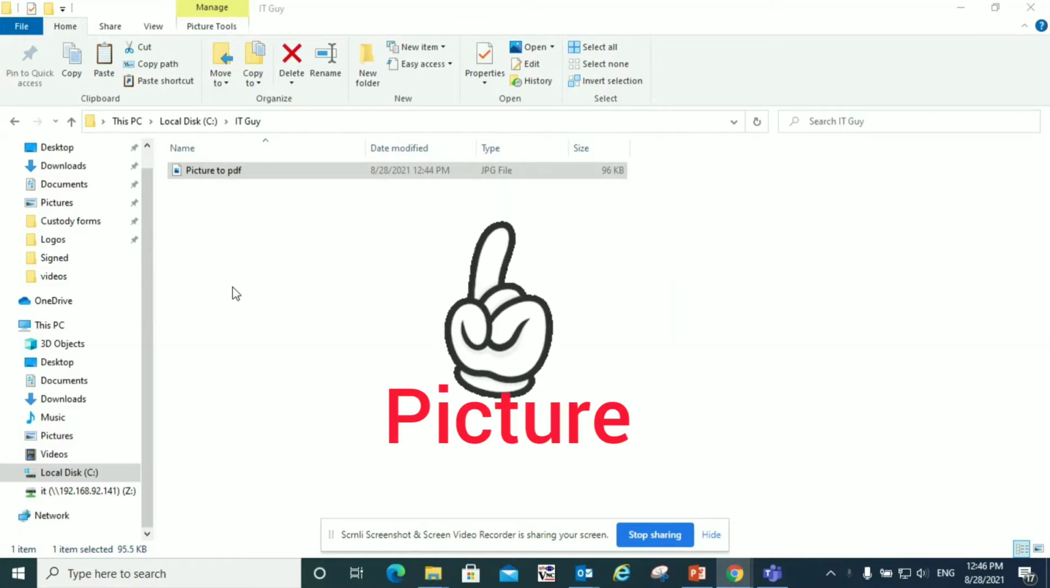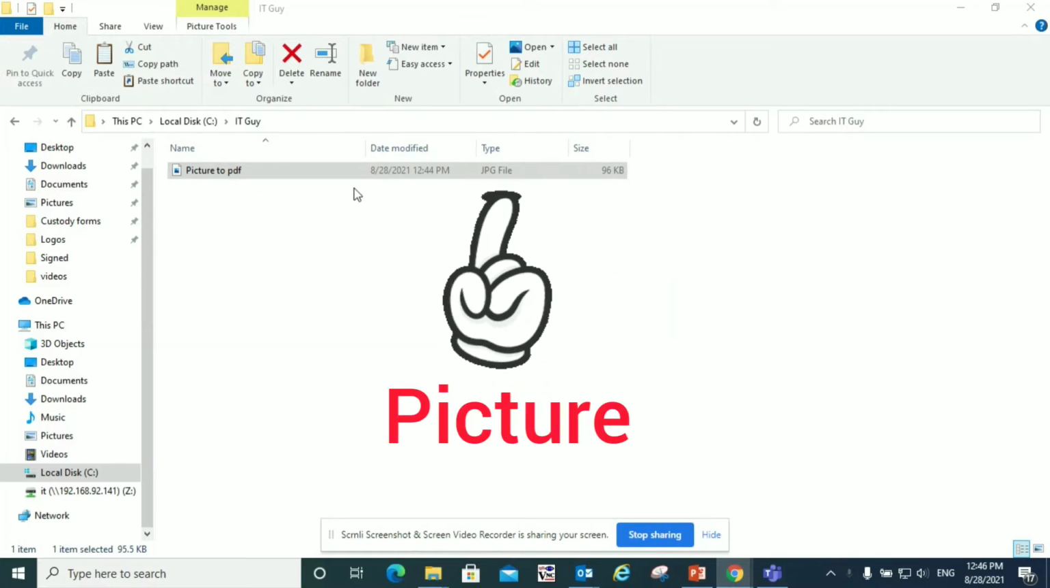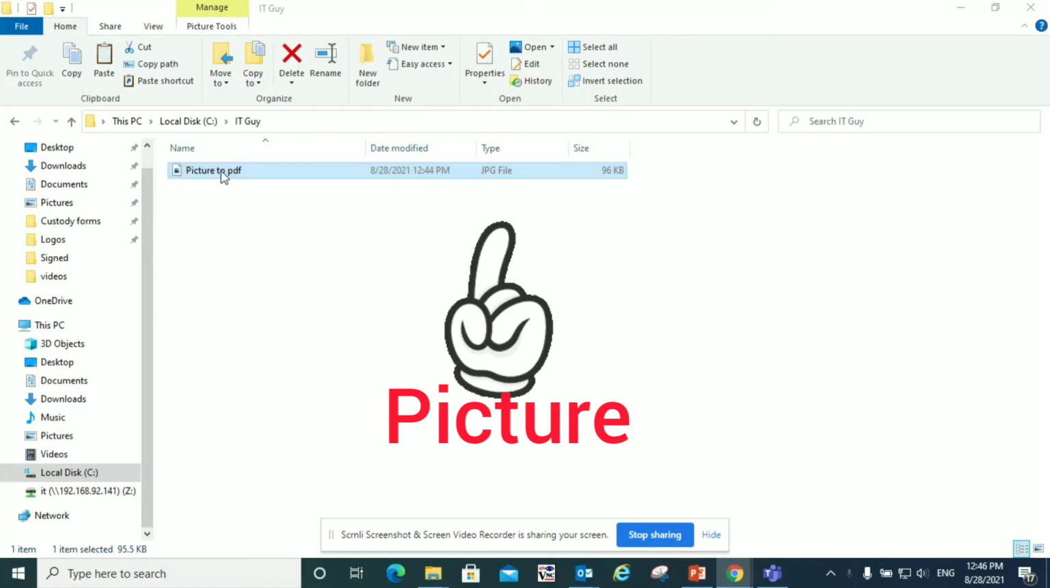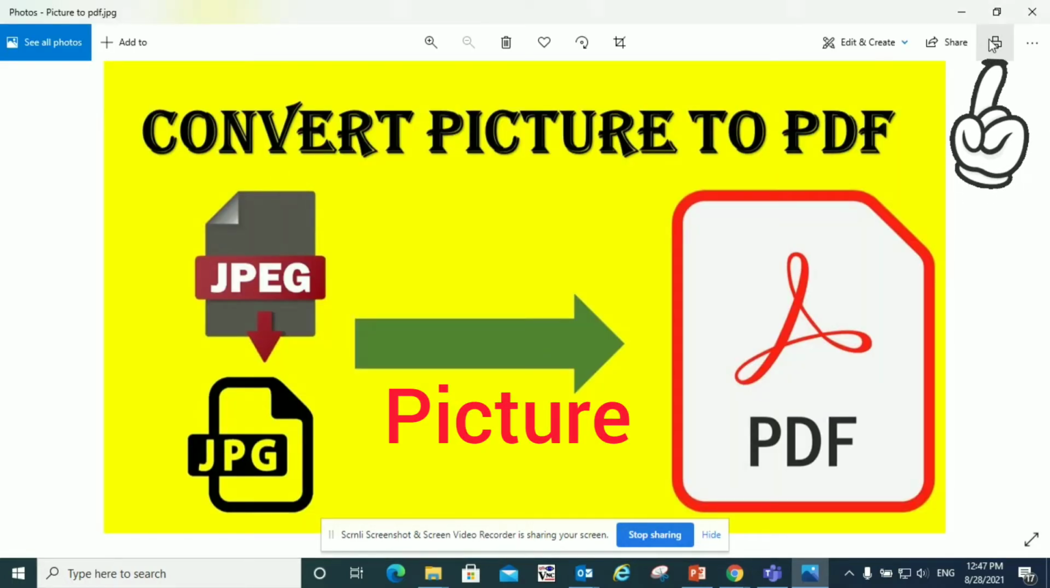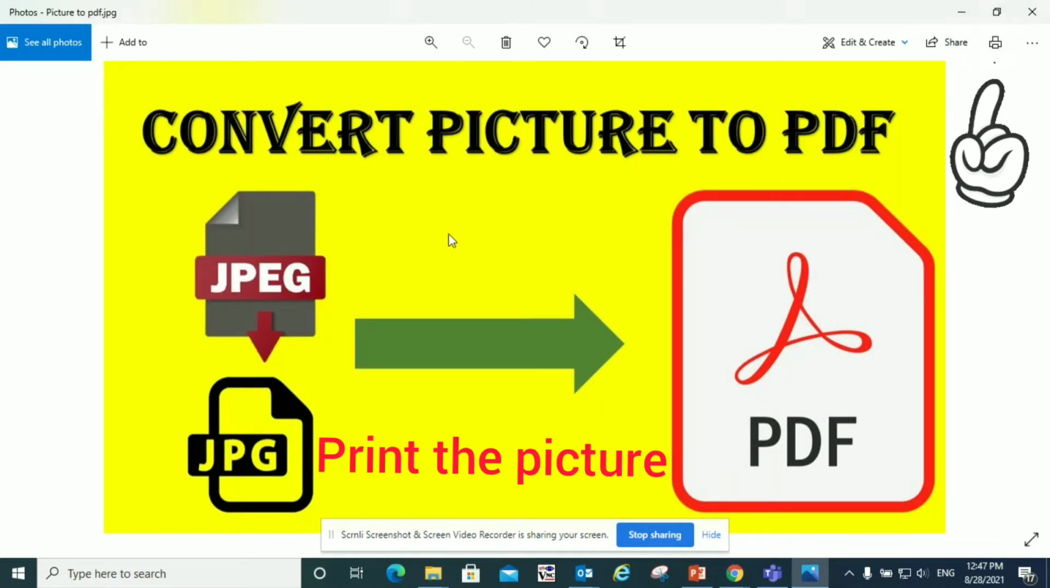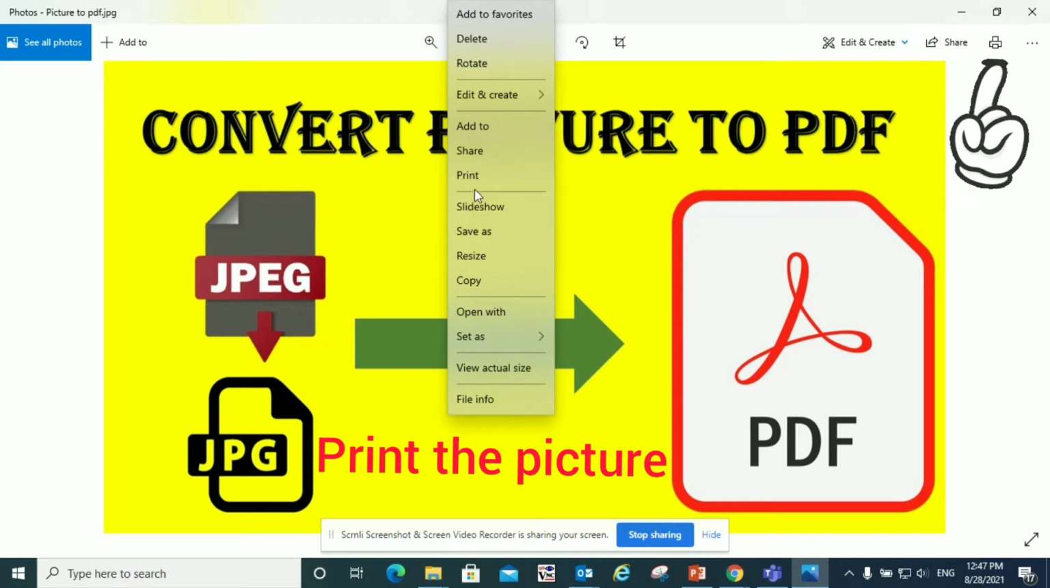So to convert a picture into PDF, what we have to do is to open the picture, and here you can see I have a jpeg file and I'll open it. Our main task is to print the file, and here you can see the print option, or you can click on the picture and print. So I'll print,